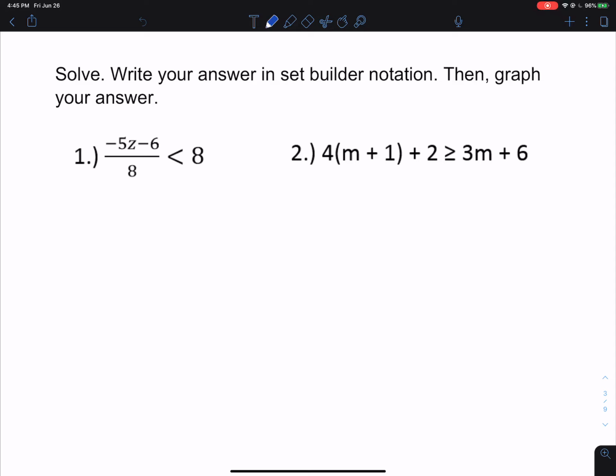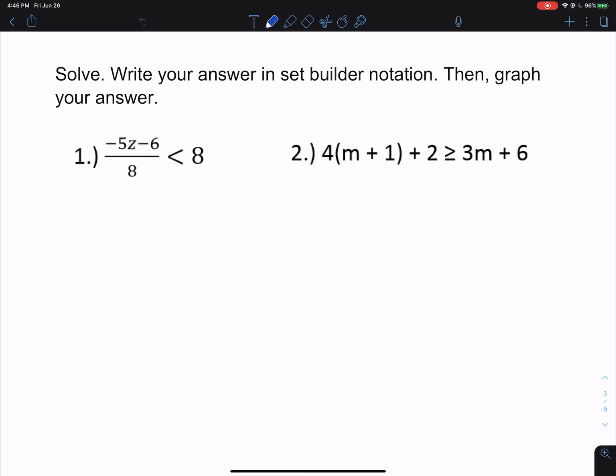Now let's talk about how to solve inequalities. Our directions are: solve, write your answer in set builder notation, then graph your answer. So if I look at number 1, I have negative 5z minus 6, all divided by 8, is less than